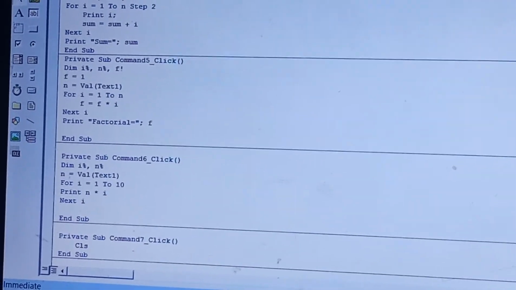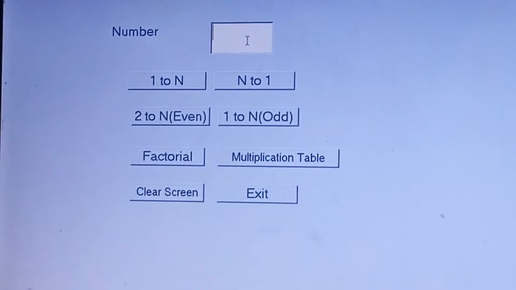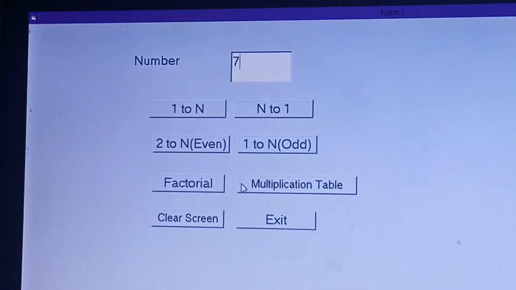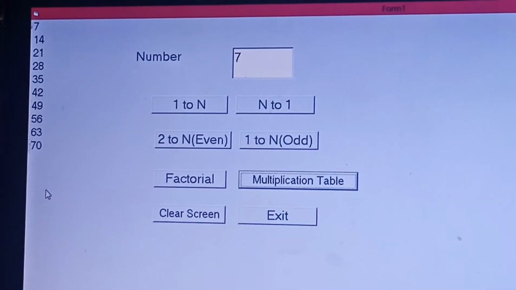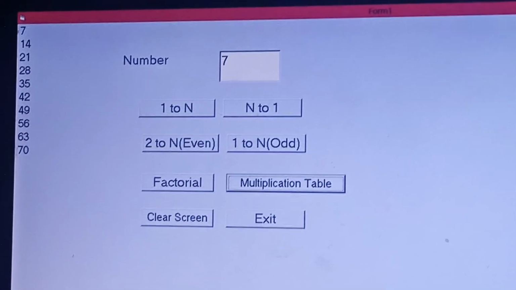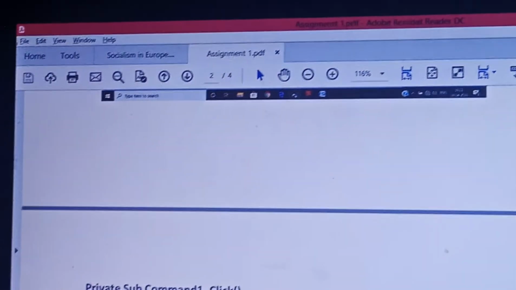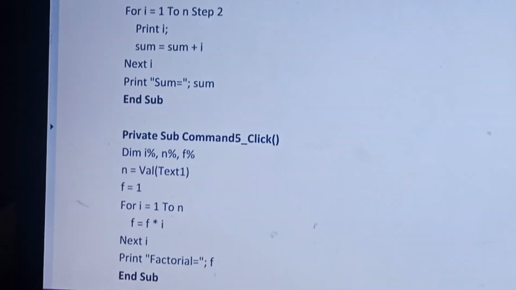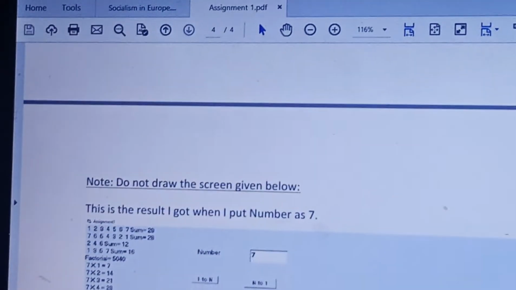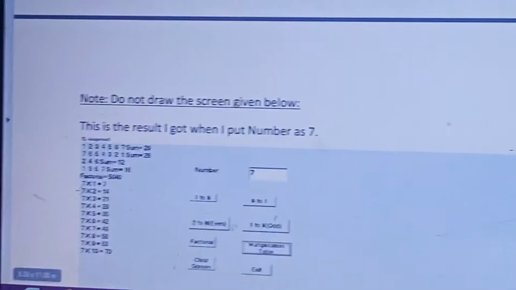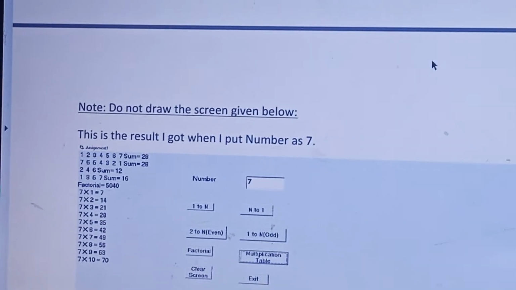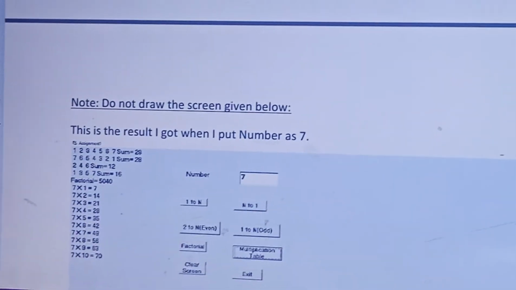Run it and see how it will come. Let me put here 7. See the multiplication table, 7, 14, 21. It's a multiplication table of 7. Okay, let me look here. The output that you got, is it in a different way? Now if you look here the output, this shows the multiplication table of 7, but it comes like this: 7 into 1, 7 into 2. How can I bring something like this? So for that, let's go back.